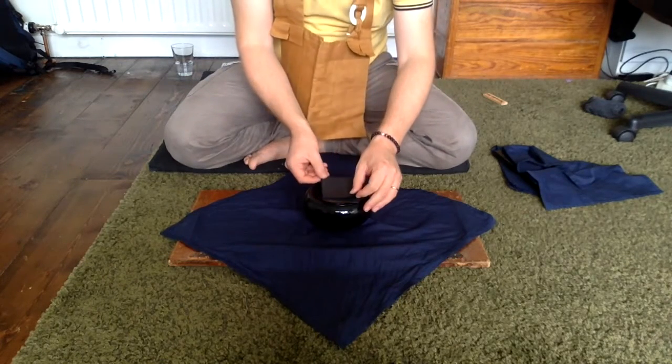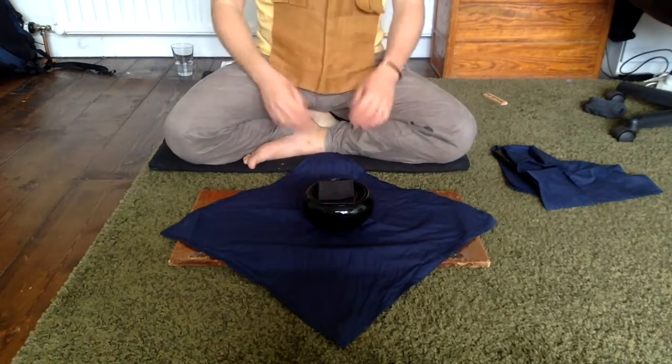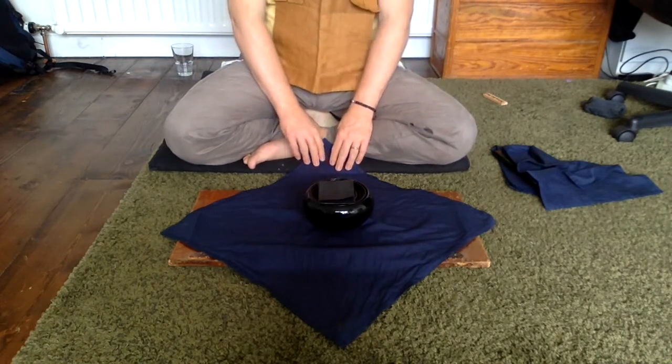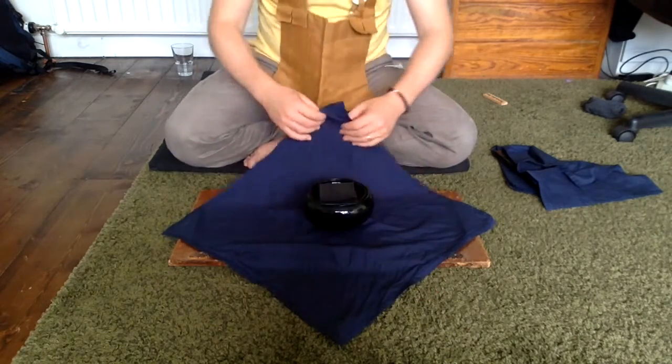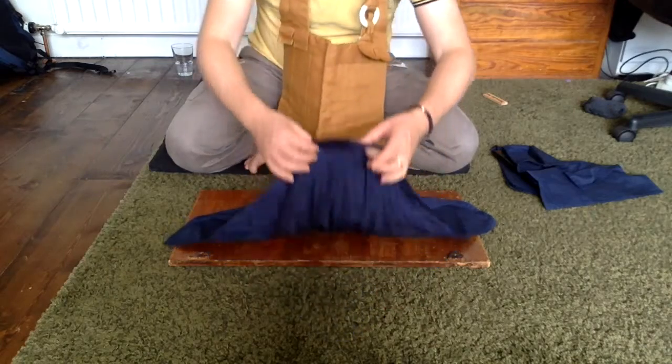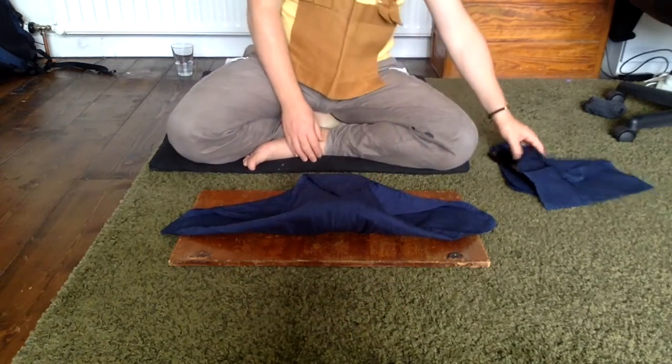And you can dispense with it if you wish. That goes on top of the bowls. Okay, so now we're putting our bowls together. Now we fold up the bottom first and then the top. So it just goes over the bowls, the bottom, and the top comes back over. Okay. Now on top of that